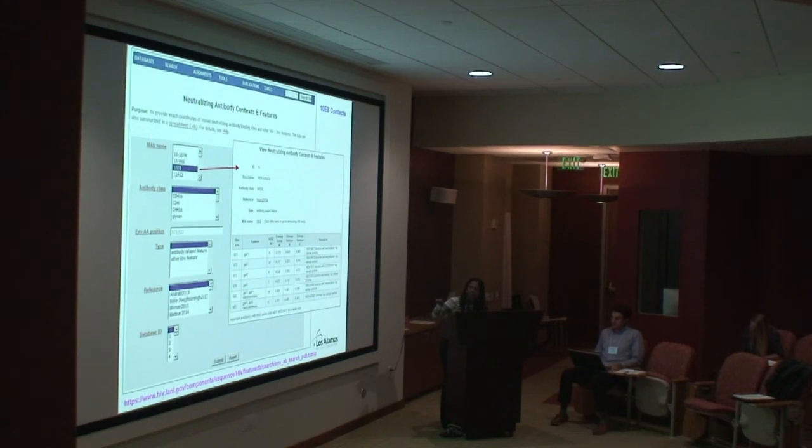Now, you can see this is actually a search, because these tools are available in different ways. You can get to it from the antibody search like I showed you, but you can also simply go to tools and features, look for the antibody feature database, pick your antibody of interest and get to its features. It would then take you to a page that shows the different references, the different publications, and you pick the one that you want. So for example, this is Swung 2012, and under this paper,